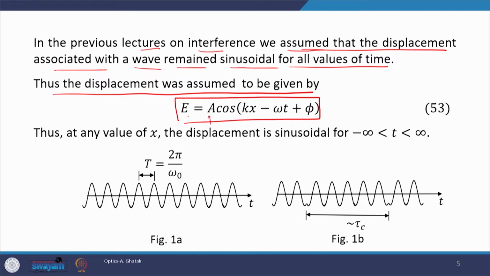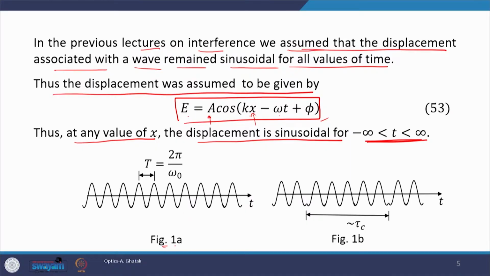E is equal to A cos(kx minus omega t plus phi), where A is the amplitude, phi is some initial phase, and x is the direction of propagation. This represents the general electric field displacement. At any fixed value of x, the displacement is sinusoidal for all values of time. In figure 1a, we see that the sinusoidal nature of the wave prevails irrespective of the value of t. Such a wave is called a monochromatic wave,